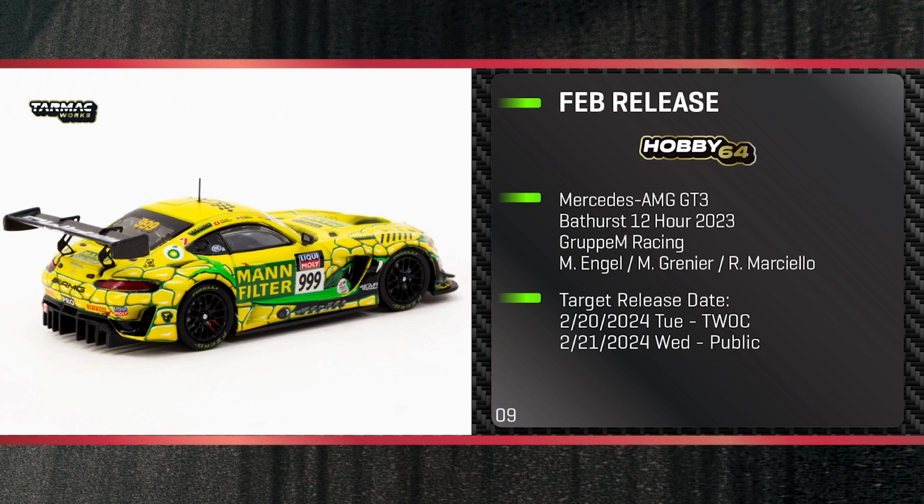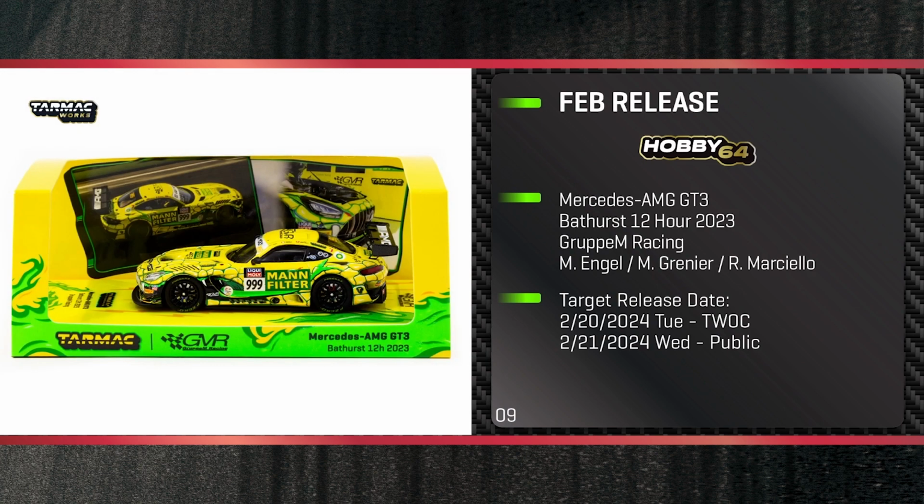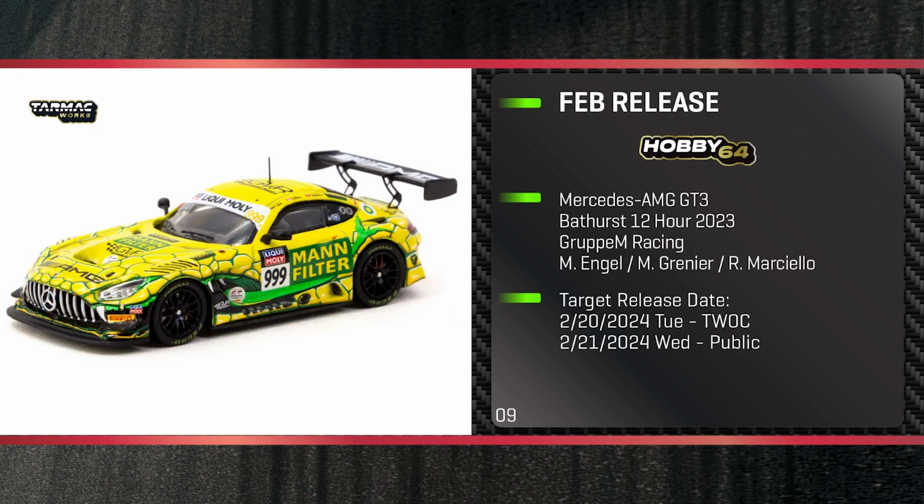As you can see from the side, it's not a very big logo, but you can still see it from the sides there, and on the pit board, which we have a picture of in the packaging. So we were involved in this race. Very happy to have finished on the podium. Big thanks to Group M Racing for that, and all the drivers